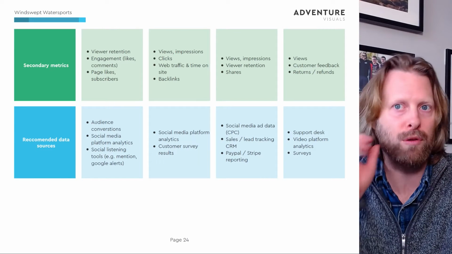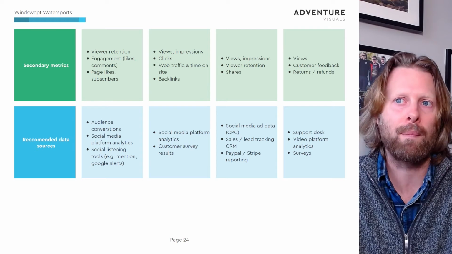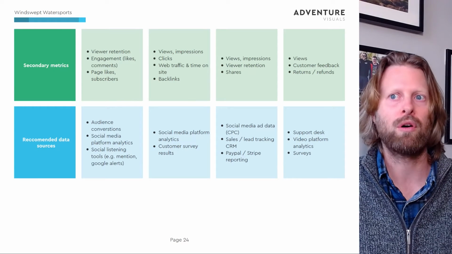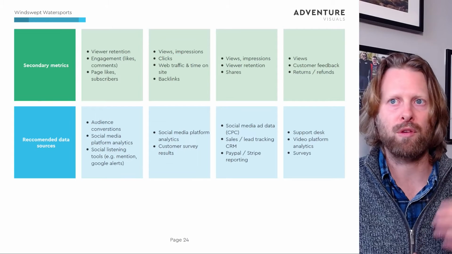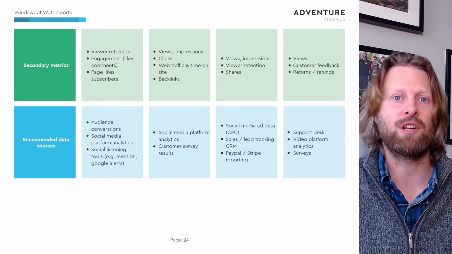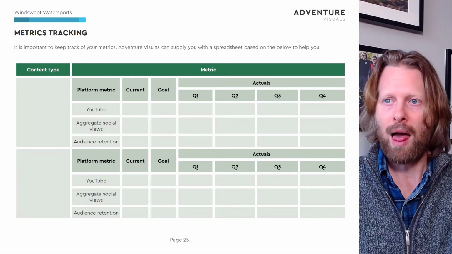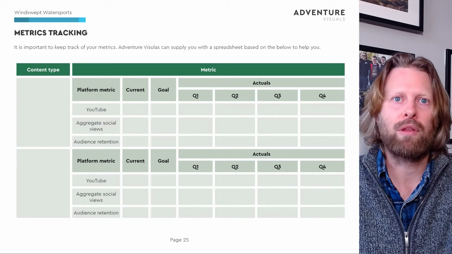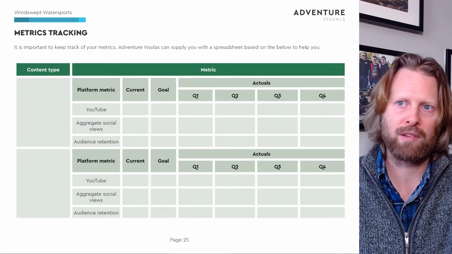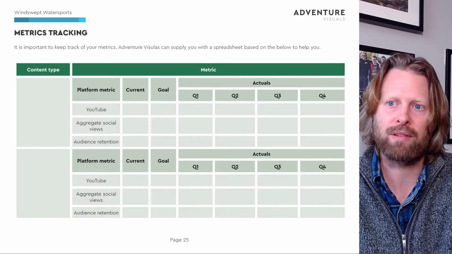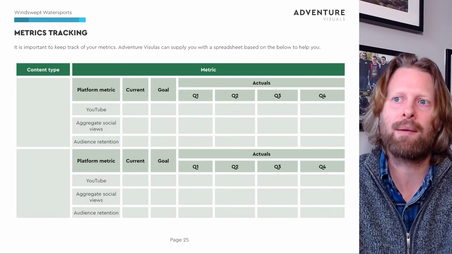And when we do the full document, we will also supply an Excel spreadsheet which has got your metrics in it, which we'll work on together as part of the strategy workshop. This is an example of what the Excel might look like. You've got your platform metric, YouTube, social views, etc., what you're currently at, and what your goal is.